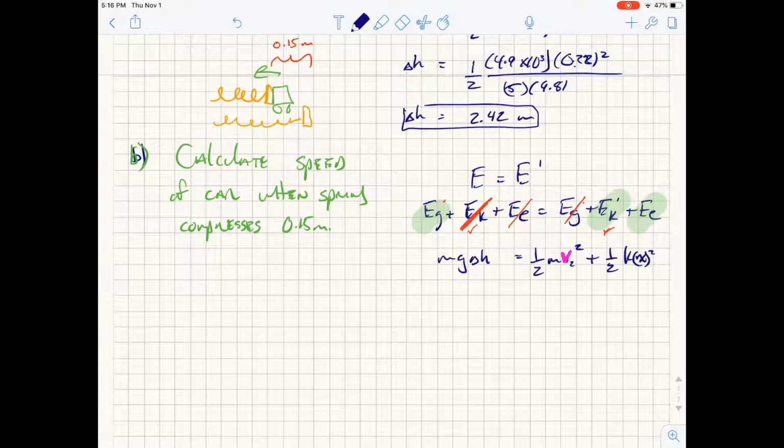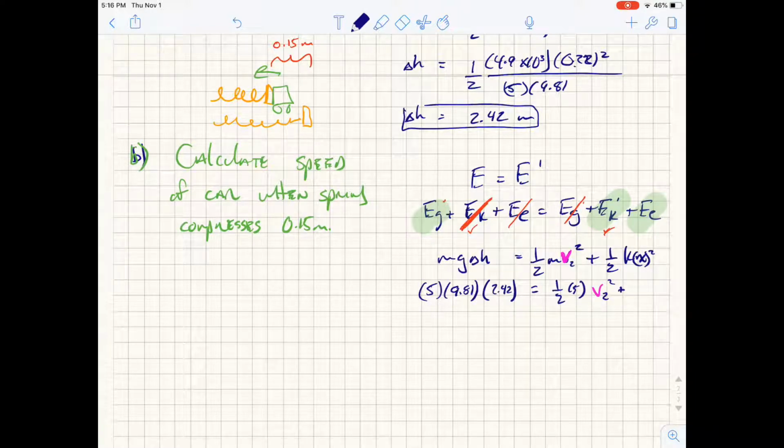Okay, well let's take a look. Mg delta H, how much energy did we have to put into the system originally? We had 5 kilograms for the mass of the car, 9.81, and delta H we determined was 2.42. So that's the total amount of energy in this closed system that we have to spend, and we're going to spend it in two spots. Some of it's going to go to the kinetic energy, and some is going to go to the elastic potential energy. 1/2 5, change it up to pink, V2 squared